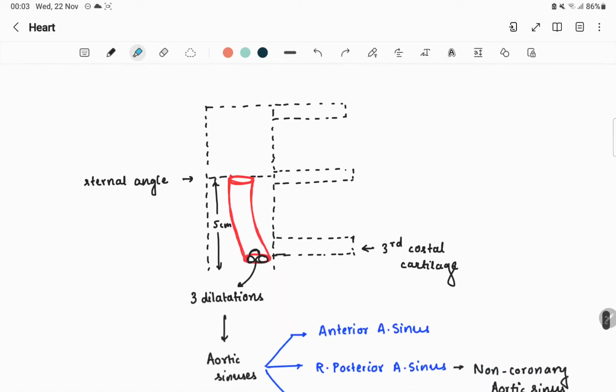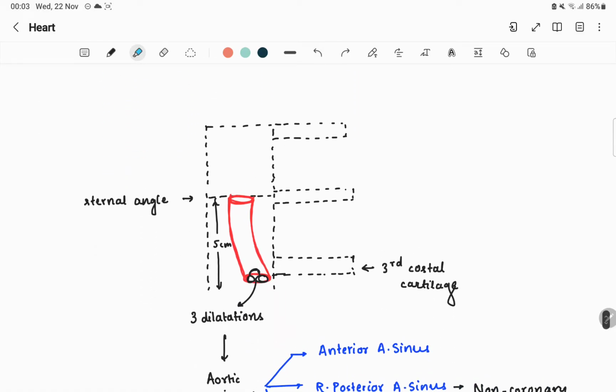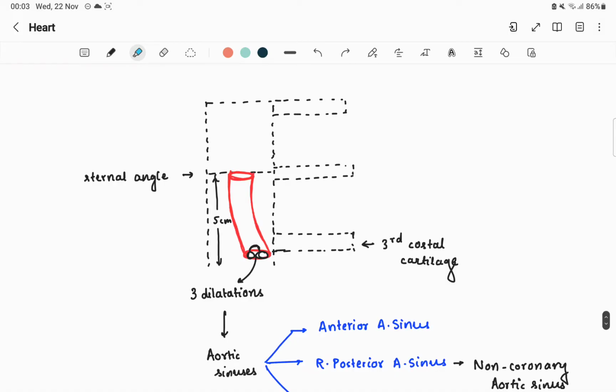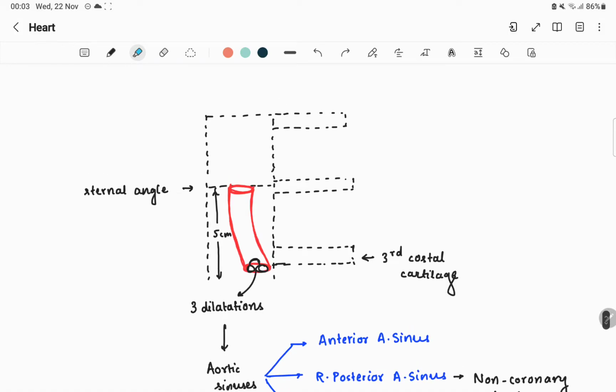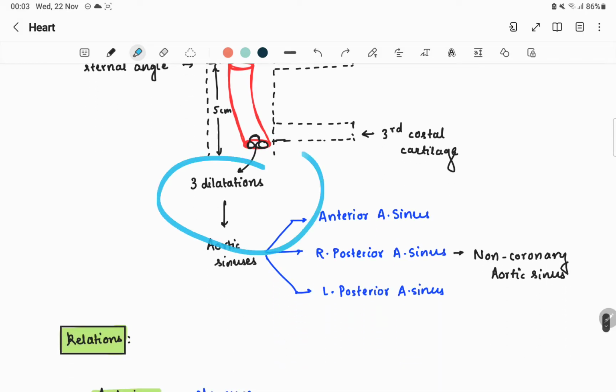So the ascending aorta is enclosed in the fibrous pericardium, which is the outermost layer, the pericardial layer. This is your first costal cartilage, this is the second costal cartilage, this is the third costal cartilage. At the level of the third costal cartilage, three dilatations are present, and these three dilatations are majorly